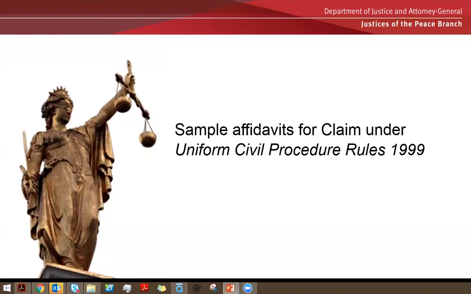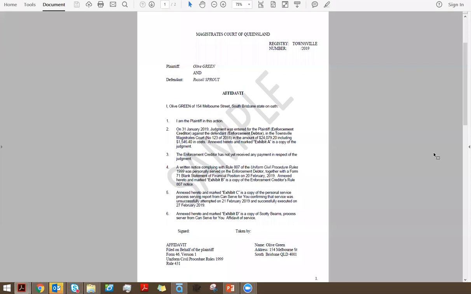Now I'm going to actually go through an affidavit that's been submitted for a claim under the Uniform Civil Procedure Rules, just to show you how an affidavit and any attachments or exhibits may look. So let's imagine that you've been provided this affidavit, and Olive Green is the plaintiff, and Olive Green is also the deponent in this matter.